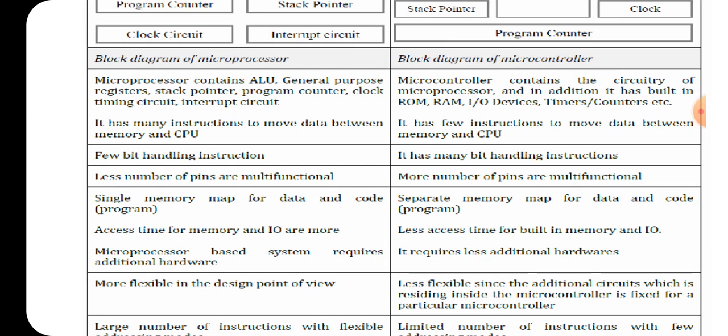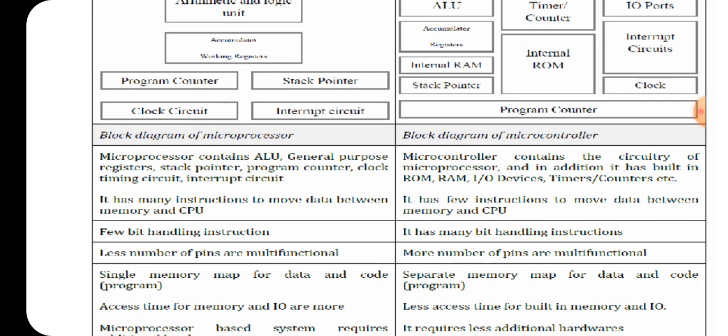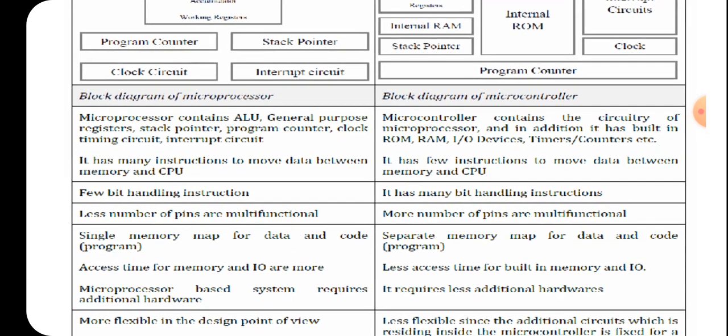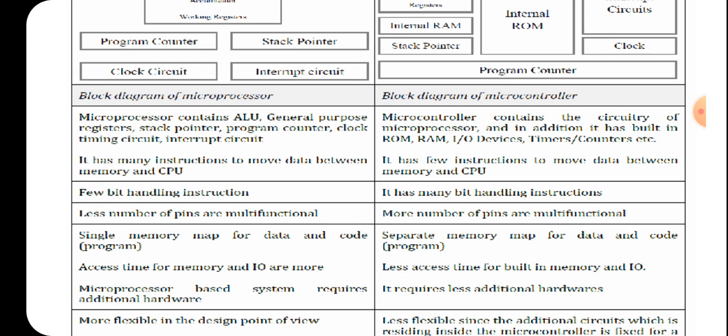In a microprocessor, the access time for memory and IO is more, because the memory is external to the chip, and the IO devices are external to it. Means there has to be communication from your chip to the external devices. Access time is the time required to read data from memory or your IO port, and it is always measured with respect to a read operation. So the time required to read any data from memory or IO is more, whereas in a microcontroller the access time is less, because everything is internal to the chip.